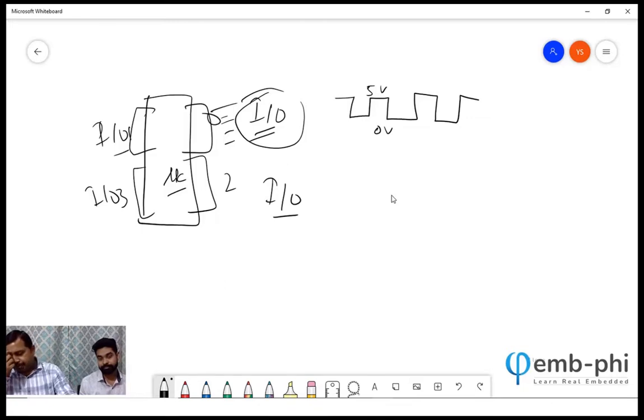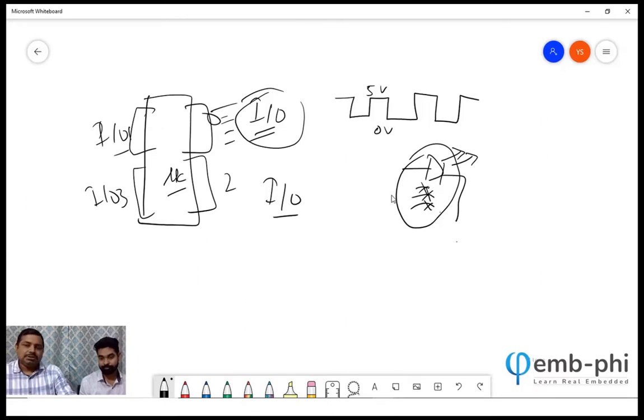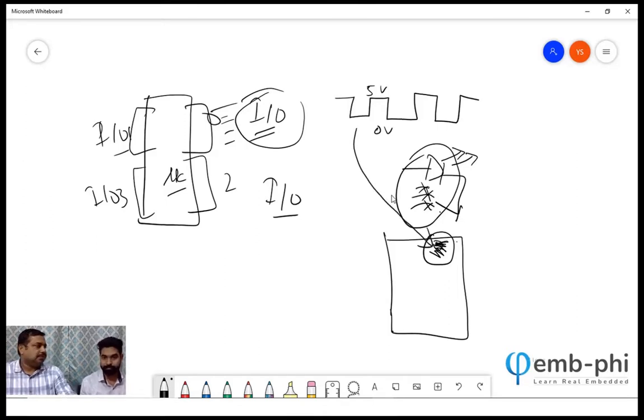Consider if you are writing a program where you have one LED, and that LED you want to toggle, in the sense it should glow, not glow, glow, not glow. Then how are you going to do it? This also can be one of your project requirements. Consider a mobile phone. In some mobile phones, one LED keeps blinking, off, on, off, on. How is this happening? Through this kind of work only it happens.